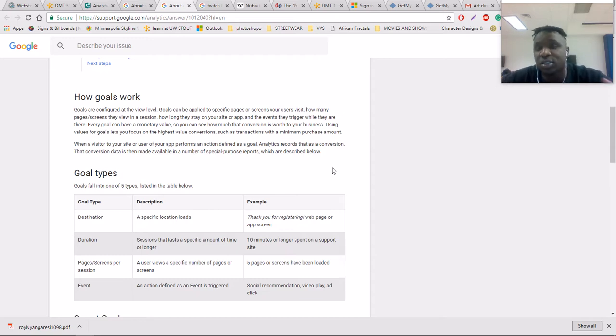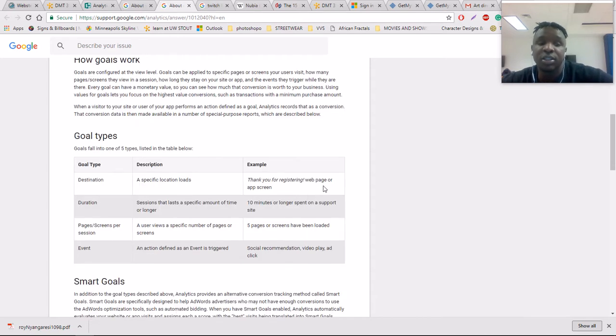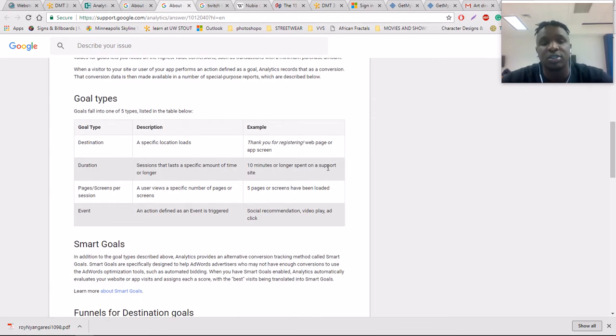And recently with the Cambridge Analytica stuff, Facebook notifies you who's watching, and the ads that you're getting. They're different goals. So there's a destination. If you want someone to sign up for something, that's a destination, a specific location. Then there's load or duration, where you want